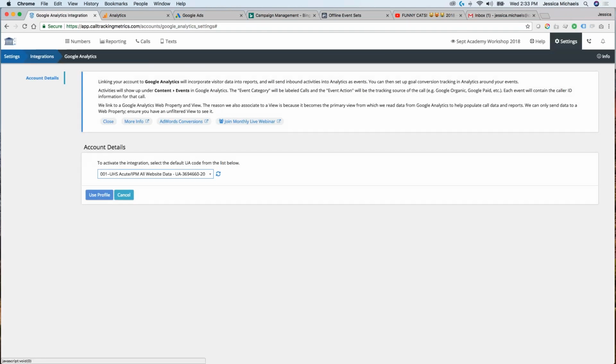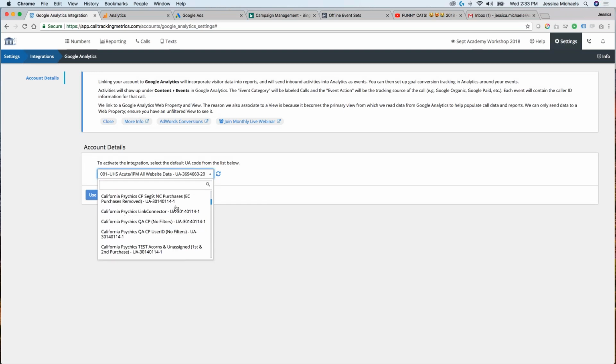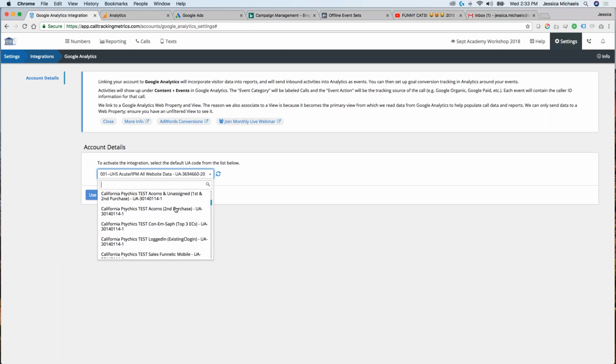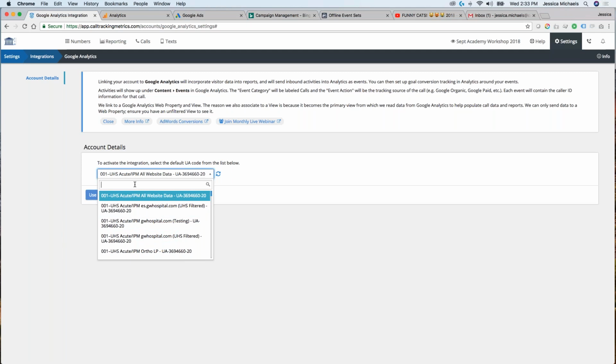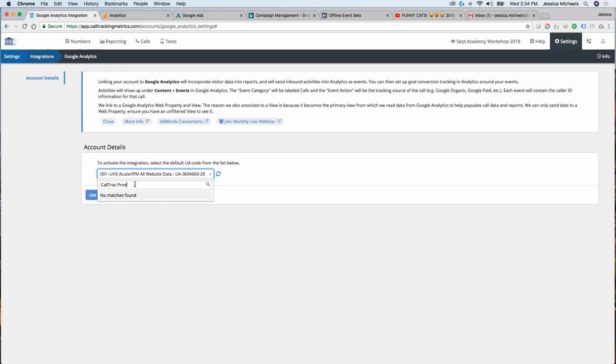So it's going to say that we are linked, but we want to make sure we are sending it to the right property because, as you can see, I have several different properties that I can send it to. So I'm going to be sending this to my call track.